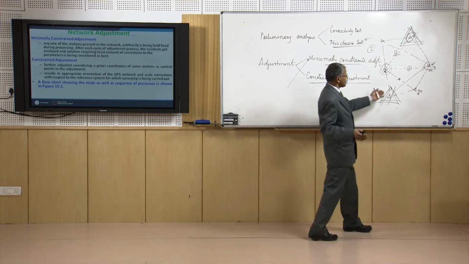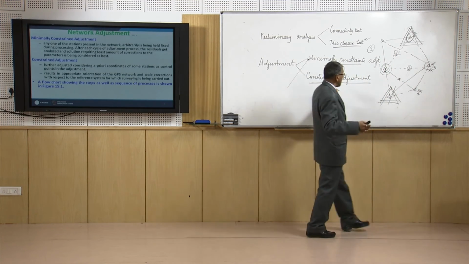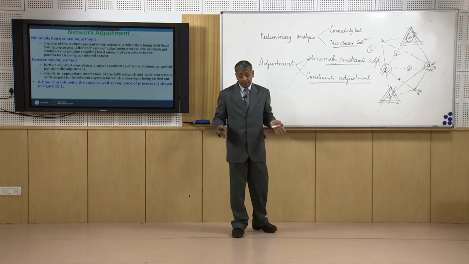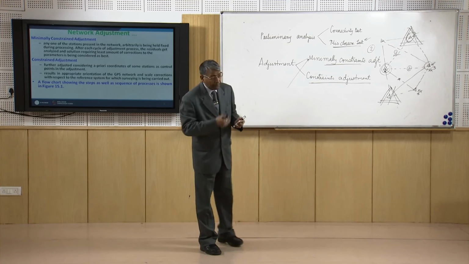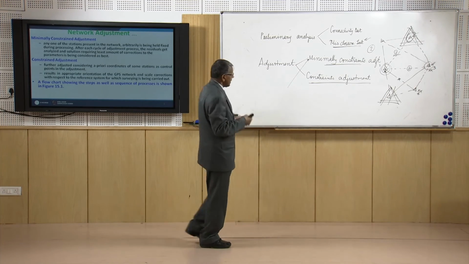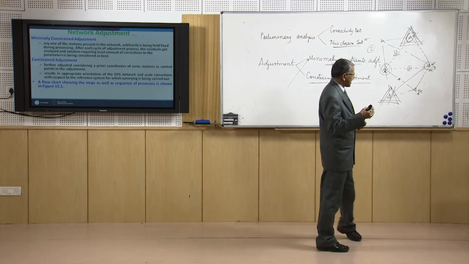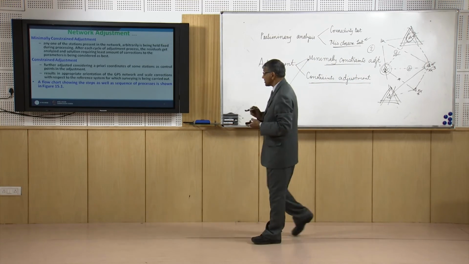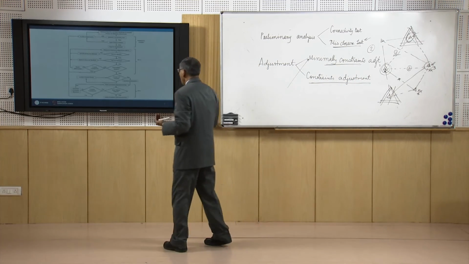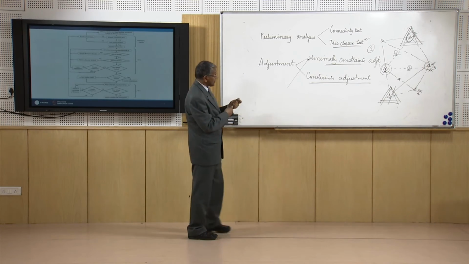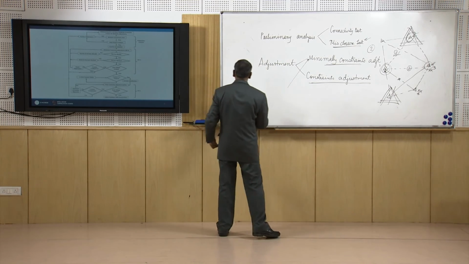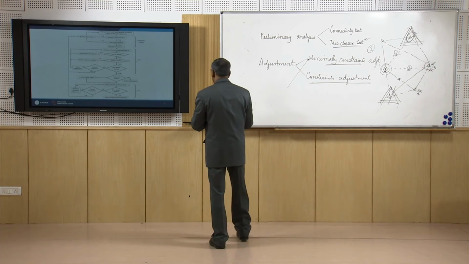We go on until the error ellipse condition is satisfied. After we complete this constraint adjustment, we go for one more thing, that is called